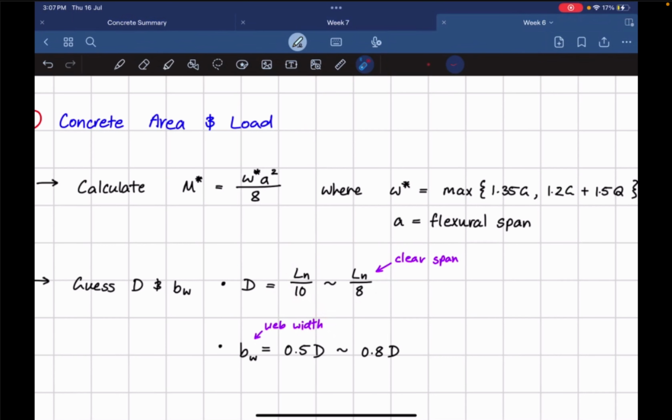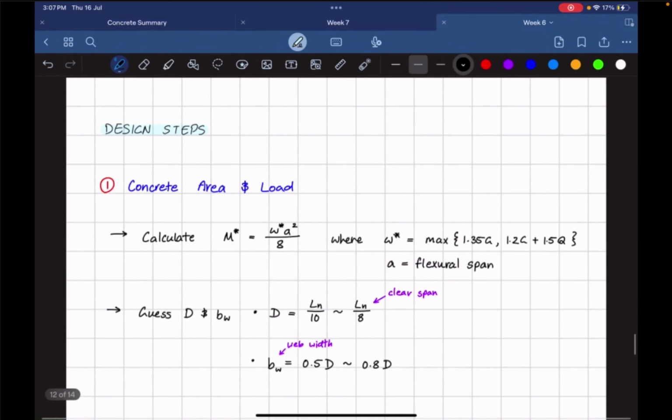What ln is, it's our clear span, which means if we have a beam like this,